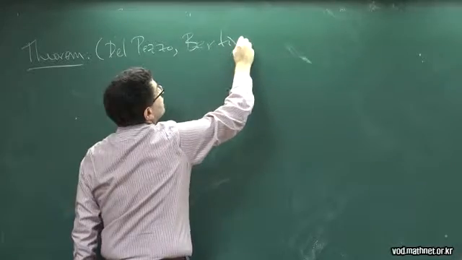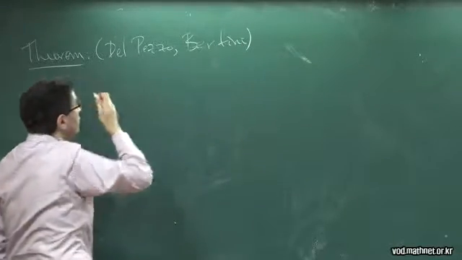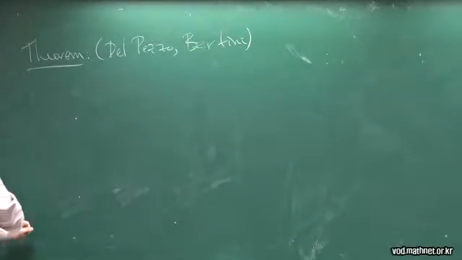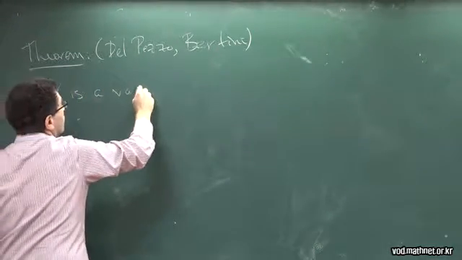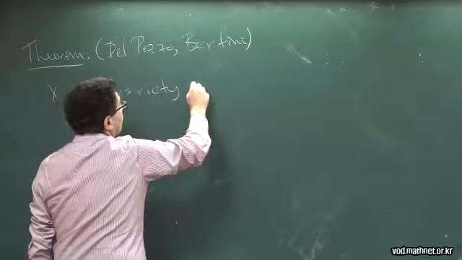So Del Pezzo classified all surfaces of minimal degree, and then Bertini completed the classification. So X is a variety of minimal degree